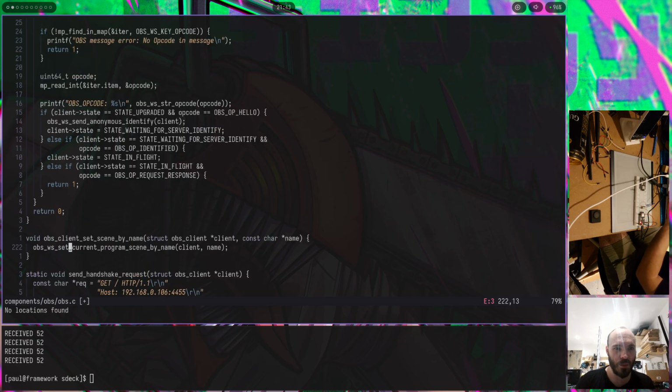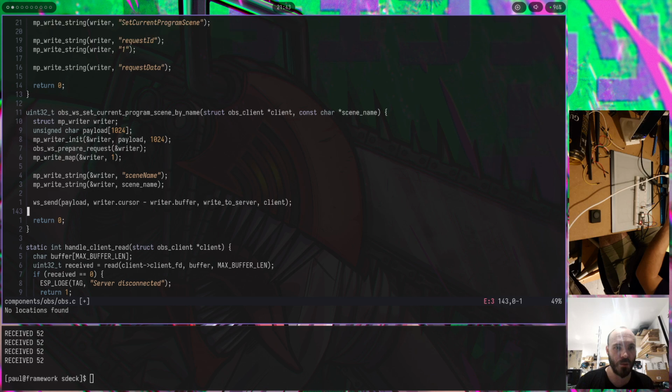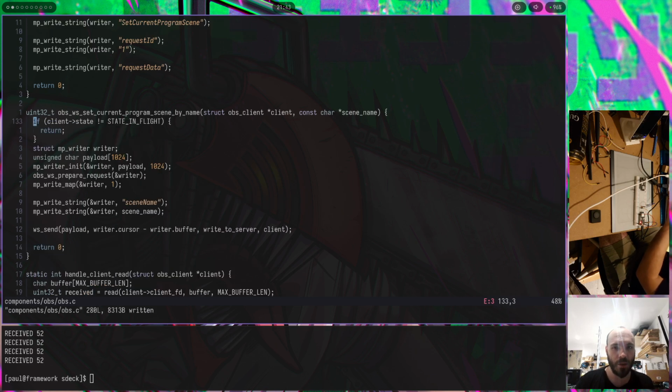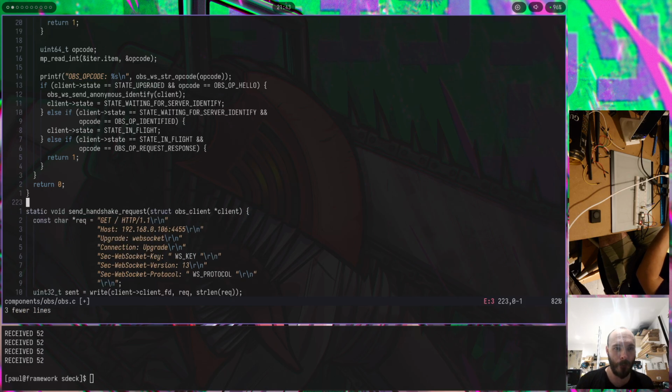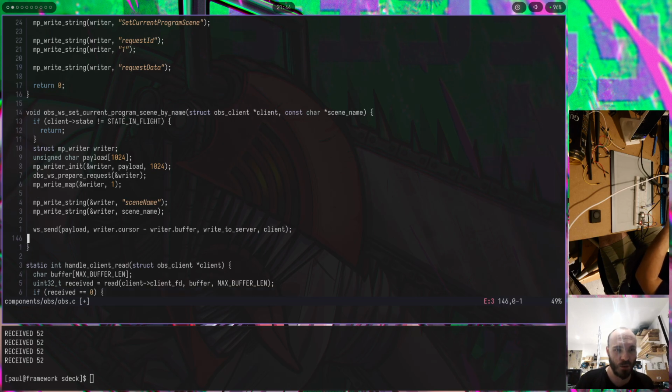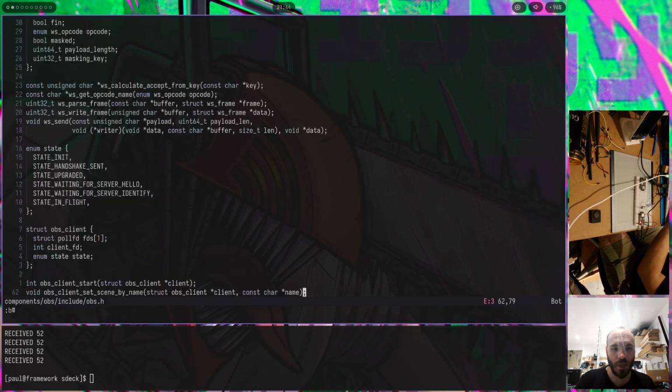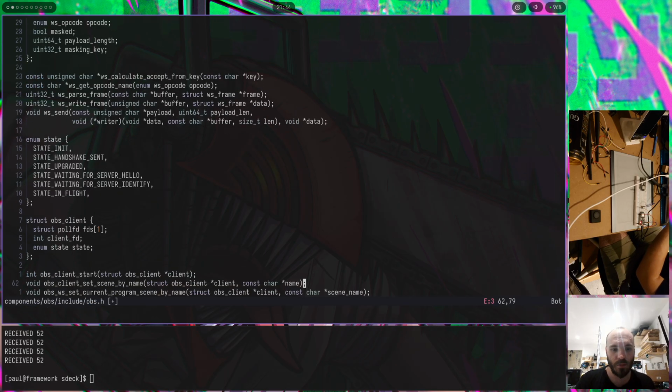OBS client set scene by name already exists, so I might just use OBS client set program scene by name. There you go. I got the client, I got the scene name, everything is fine. So I can just remove this, and I'm gonna yank this one. I don't know if I need to return a number for this one. I'm just gonna make it void instead and remove something here. Yank, paste, delete,